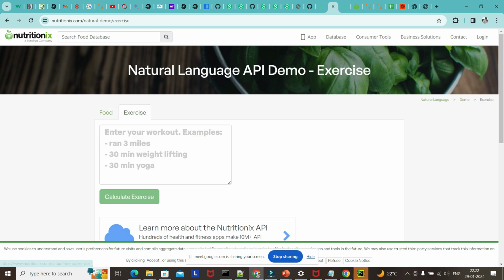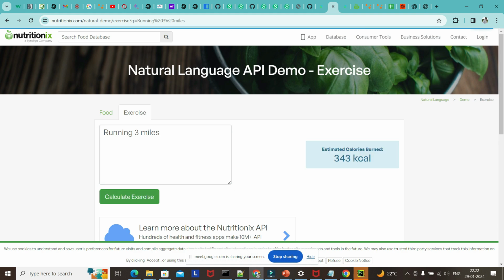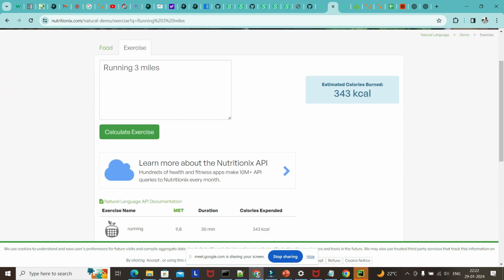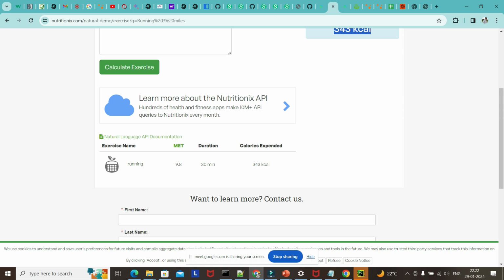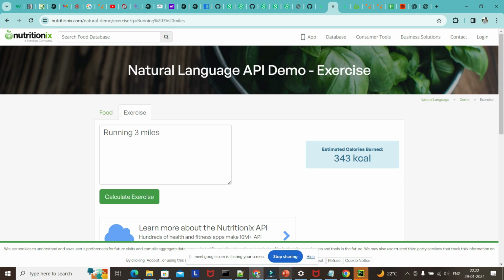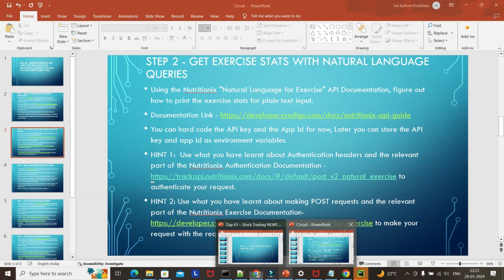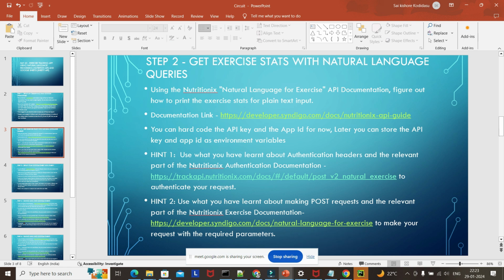It says again, running 3 miles. So estimated 343 kilocalories. So the exercise name is running, and the duration. So now we are able to authenticate the natural language processing,